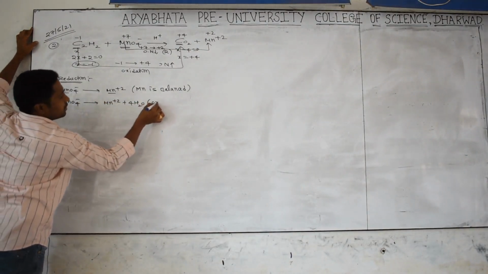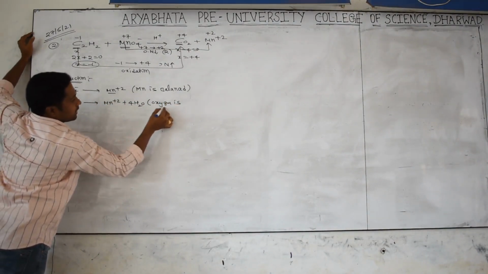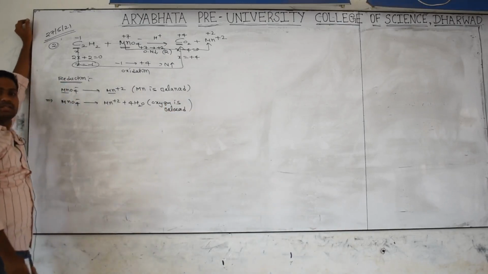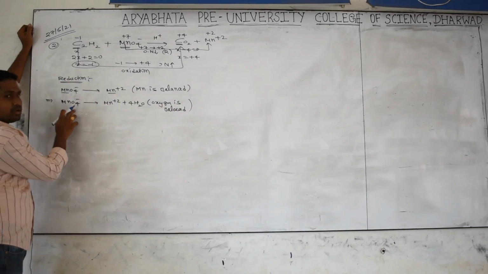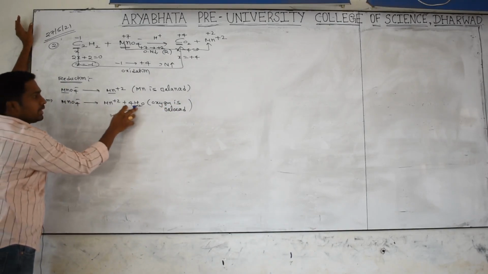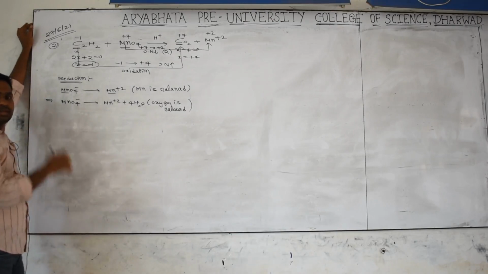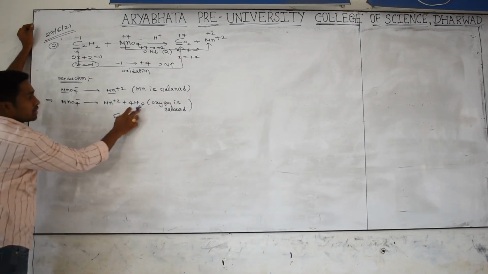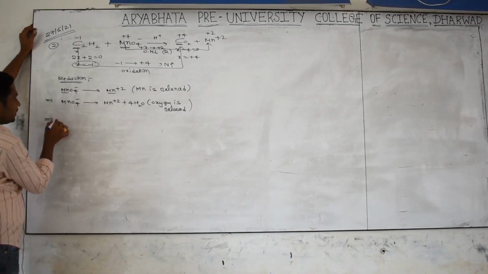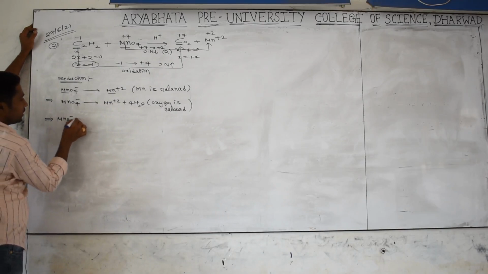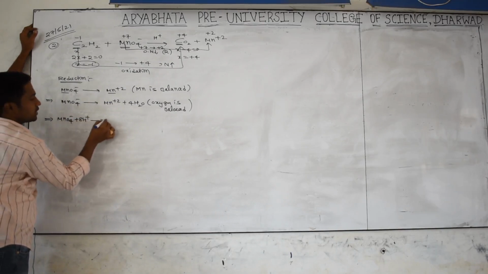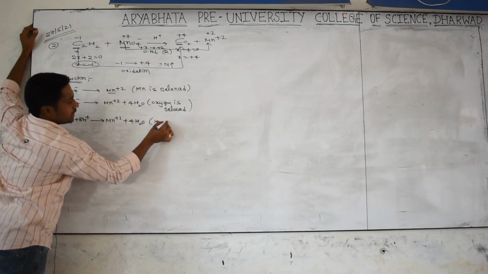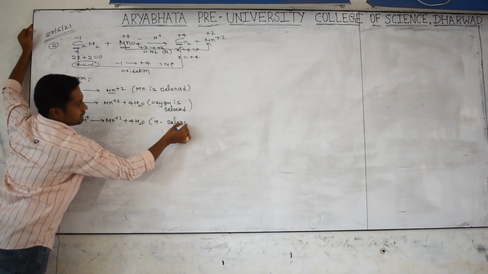Oxygen is balanced here. After that we have to go for balancing of hydrogen. On the left side is there any hydrogen? No. But on the right side how many are there? 8 are there, 4 twos are 8. For balancing of hydrogen in acidic medium we should add H plus. How many should we add? 4 twos are 8, so 8H plus. Next step is MnO4 minus plus 8H plus gives rise to Mn2+ plus 4H2O, which is balanced. Hydrogen is balanced. Are you clear?